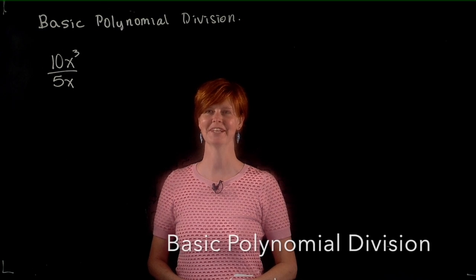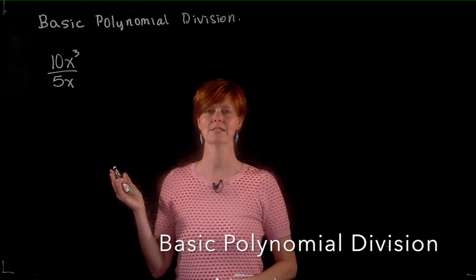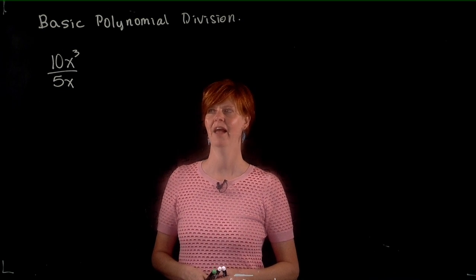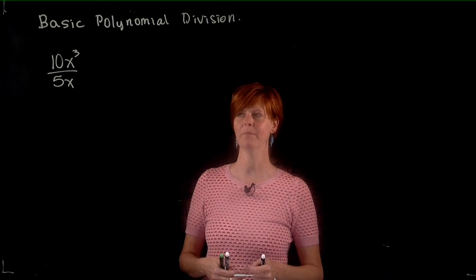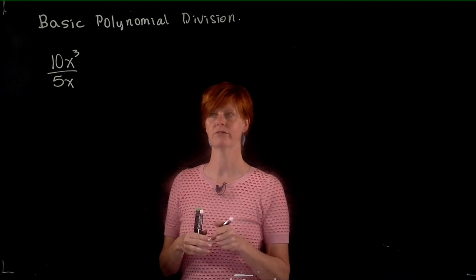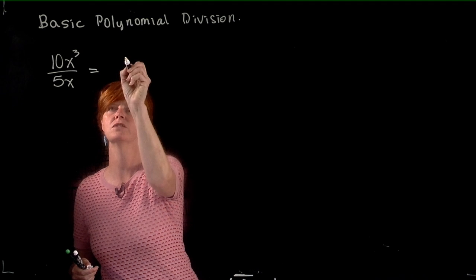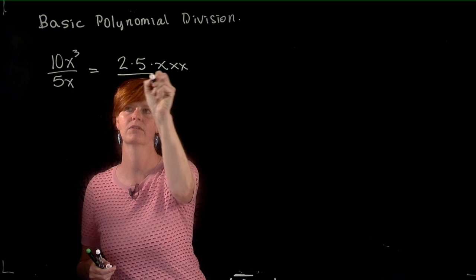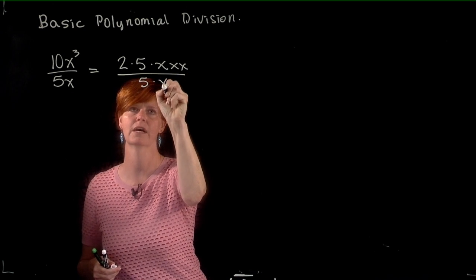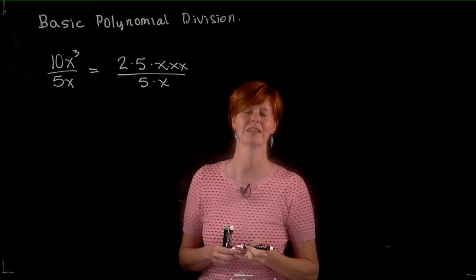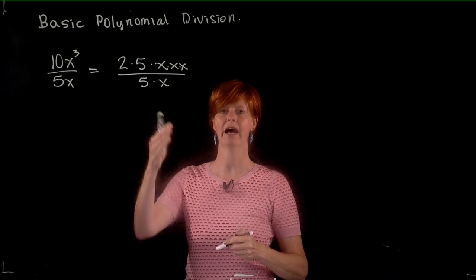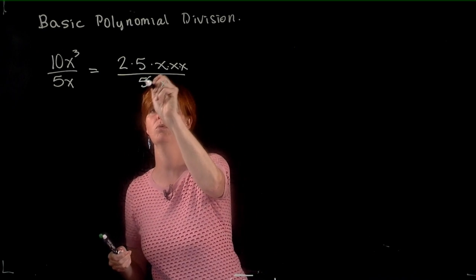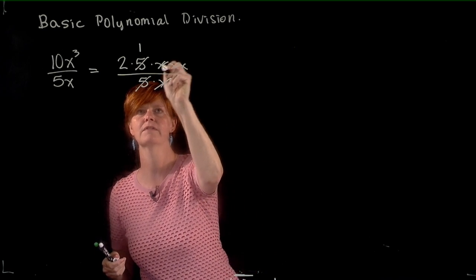Basic polynomial division. In this first example, I started back with something that you really wouldn't remember from a prior course. And to be really clear, I'm going to write it out in factored form. So this is 2 times 5 and x times x times x. And this is 5 times x. I could put the multiplication dots in there. Now, when we divide,